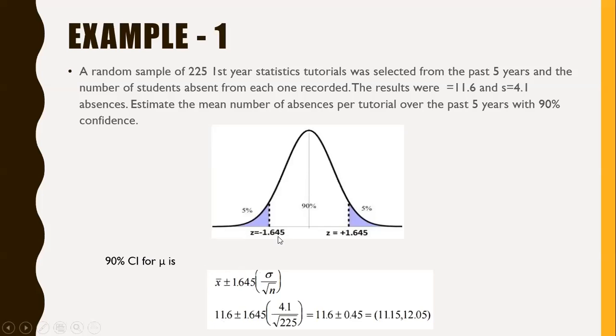Normally, I told you S bar is 11.6 here, and 4.1 is the standard deviation sigma, and the sample size is 225. After the calculation, you get a value lying between 11.5 plus or minus 0.45. So the lower limit and upper limit, you can get 11.15 as the lower confidence limit, and the upper confidence limit is 11.45. So you can conclude that